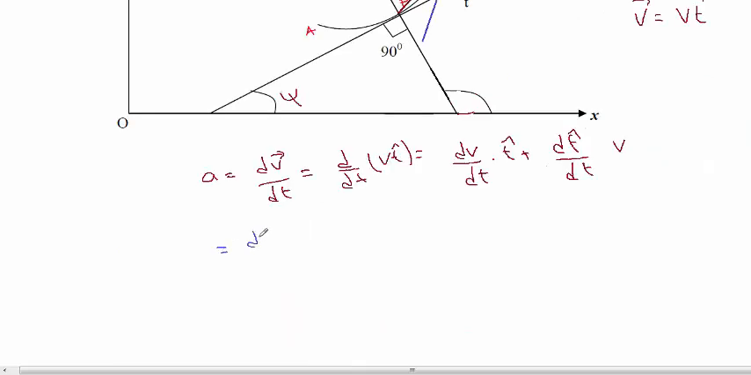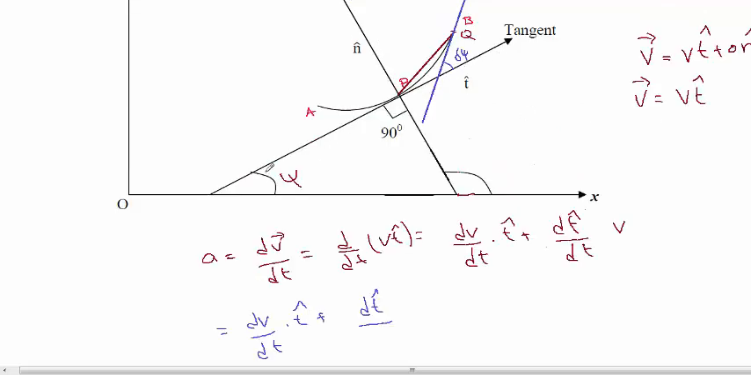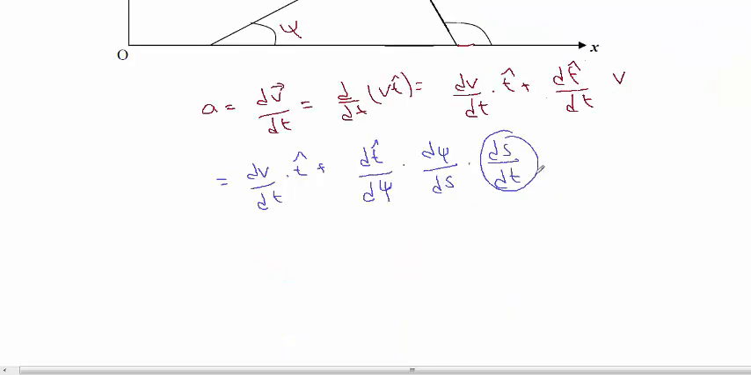Now this can be written as dv by dt, t unit vector, plus change in the unit vector t. Since this t is coming in the angle psi, we can write change in unit vector divided by change in the angle psi, into change in the angle psi with respect to change in the distance, and then change of distance with respect to change in time. Now we know that ds by dt is equal to v, so this can be written as dv by dt unit vector t plus dt over d psi